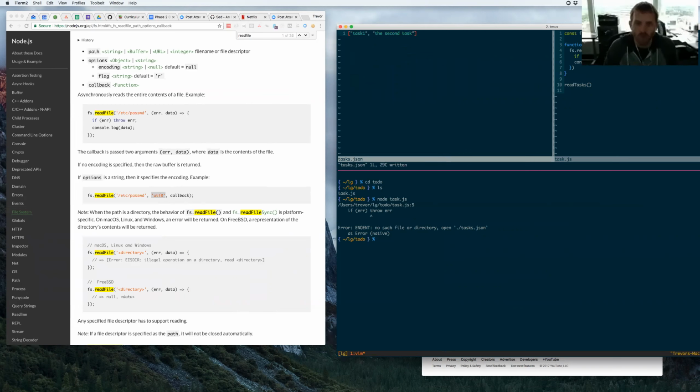It's super simple. But now when I come down here and run this thing, it prints out the JSON file, because what happened is it read in the file and then it called this callback. There wasn't an error, so we got past our if statement and it just logged out the data. So what we're getting back in data is this JSON string, right? And we can validate that by looking at